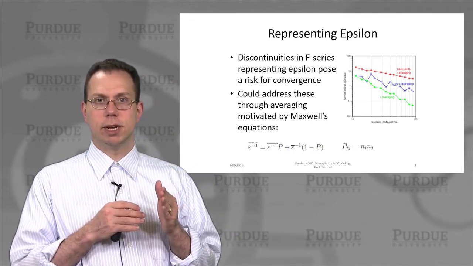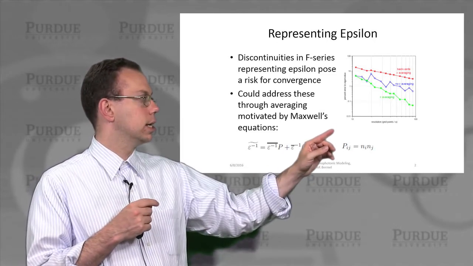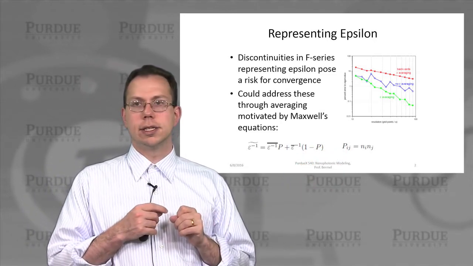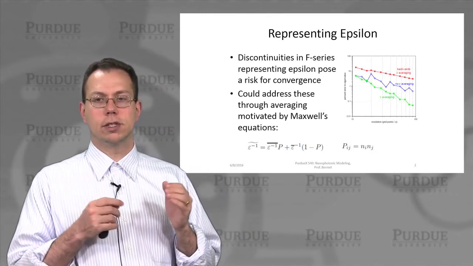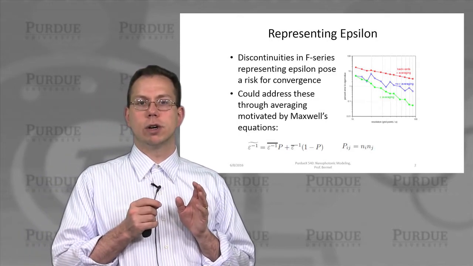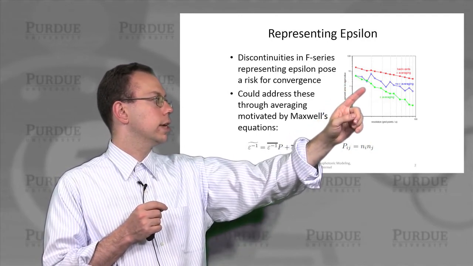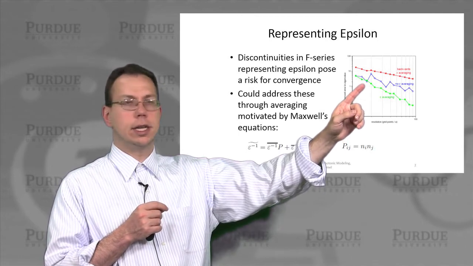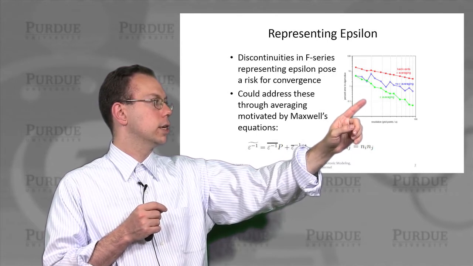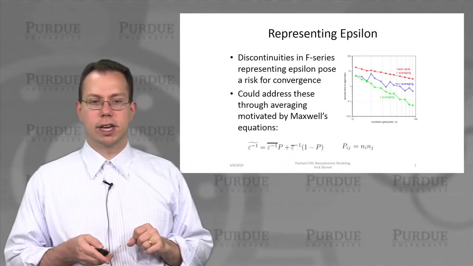Once we have that assumption in our model, which is represented by this equation here, and is based on this projection operator where Ni is the normal direction, constructed as an outer product of those two Ns, we get a much more reliable result. You can see on the right-hand side, if we had no averaging, we get this erratic reduction in error as we go to higher resolution. But if we use the epsilon averaging, we get it to converge much more quickly and reliably. So that's a big advantage for us.